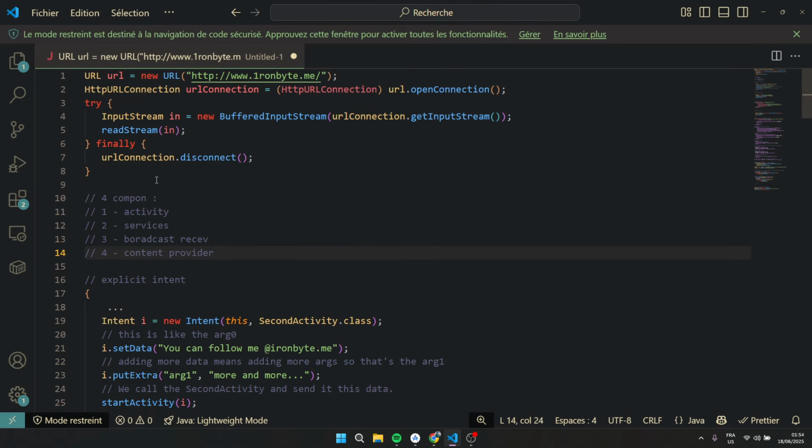And the question is, what are content providers? A content provider is a component that manages access to your data, and it provides a standard interface that allows applications to query and modify the data that you have. For example, let's say your application wants to get access to your local images.